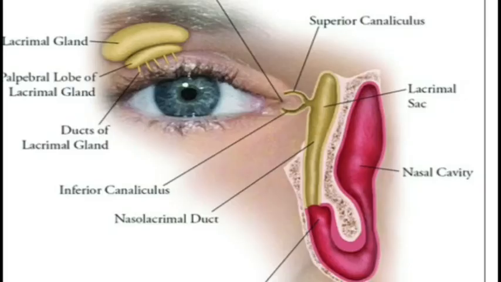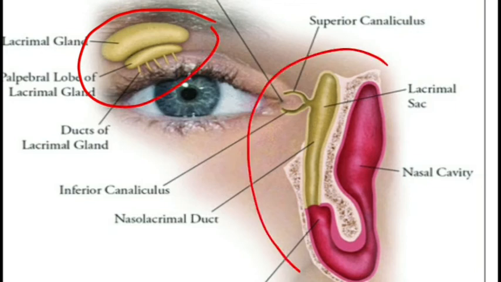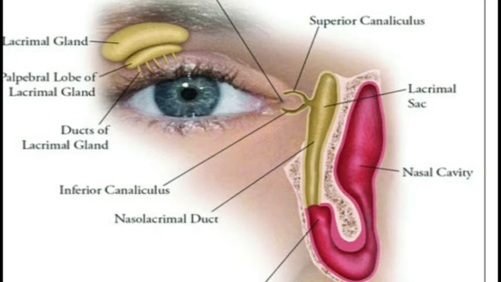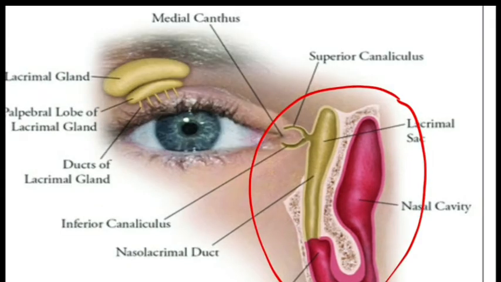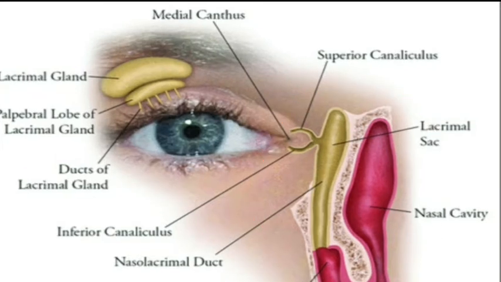So let's see the lacrimal apparatus anatomy and the physiology. As you can see in this picture, this is the lacrimal gland and this is the lacrimal drainage system. The lacrimal gland is responsible for production of the tear film and this drainage system is responsible for draining the tear film from the conjunctival sac into the nasopharynx. The lacrimal glands can be divided into the main lacrimal gland and the accessory lacrimal gland. So this is the main lacrimal gland. In the accessory lacrimal gland, we have the glands of Kruse as well as glands of Wolfring.